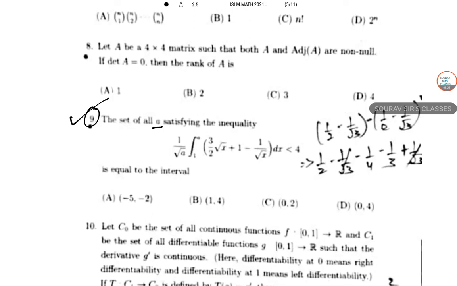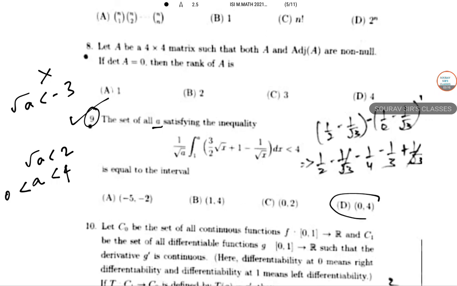So if you see this, what we got: root A plus 3 and this, so root A less than 2, because root A cannot be less than minus 3, so that negativity is not possible. The second thing is giving you minus 3, this is impossible. Okay, it's a real number, so A is lying between 0 and 4. So the final answer to this is